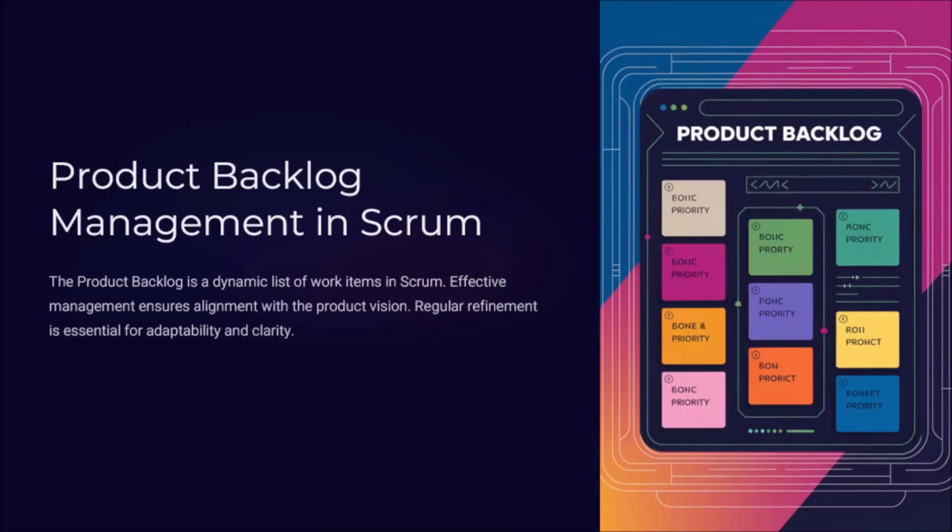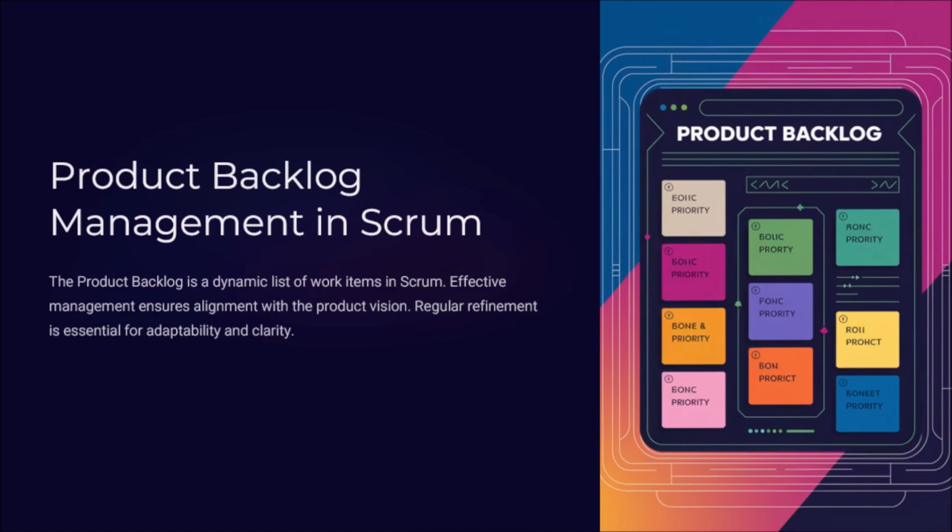A very important topic that we are going to discuss today is the product backlog. In Scrum, the product backlog is the central repository of all of the work items required to achieve the product goals. Managing the product backlog effectively involves keeping it updated, ensuring alignment with the product vision, and also preparing it for execution. Regular refinement sessions, or regular backlog grooming sessions, help the team to stay adaptive to